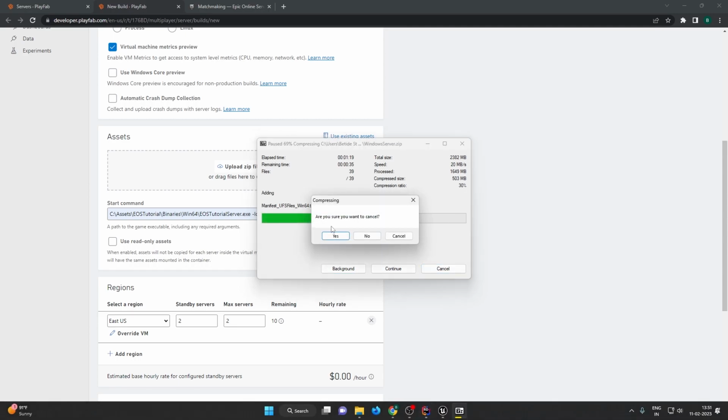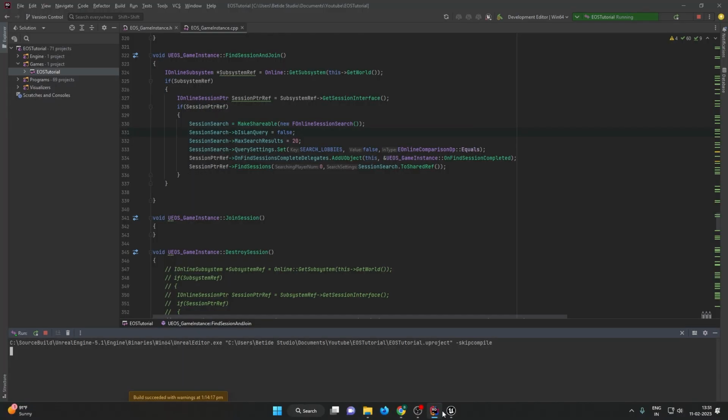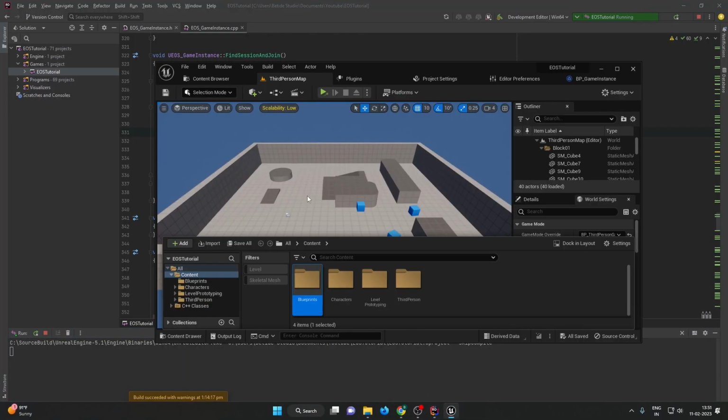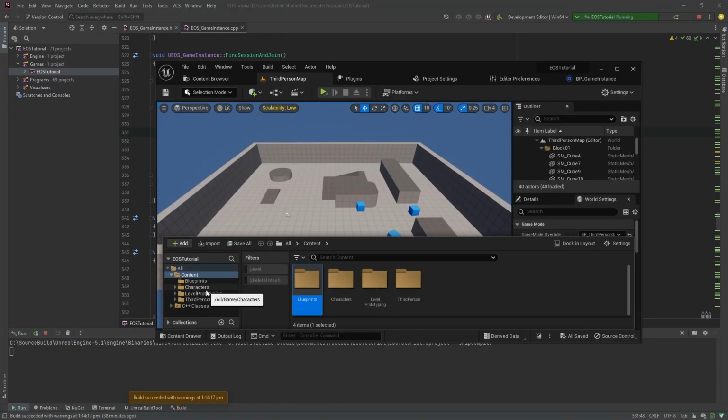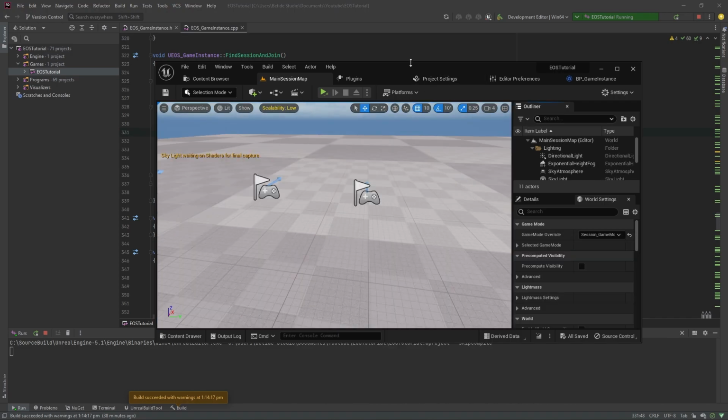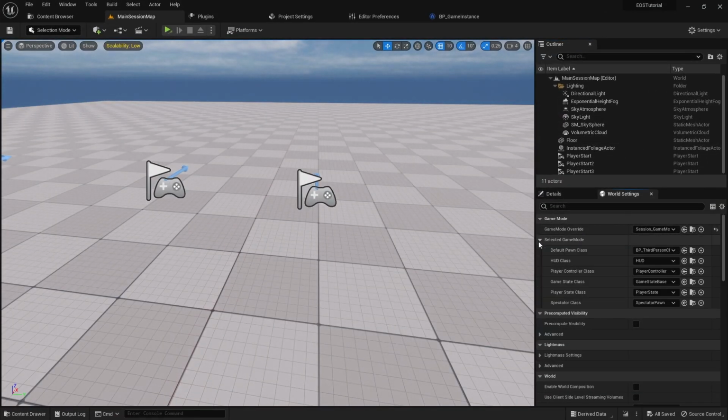One more thing that we forgot to do, let's just cancel this. Open up your session level. Let's go to our third person. Sorry, blueprints, no, maps and main session map. Open the logic for this